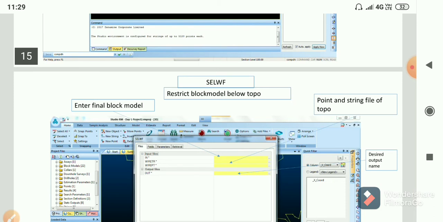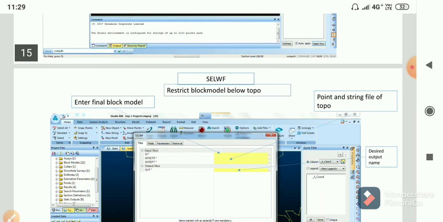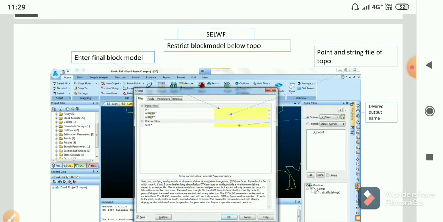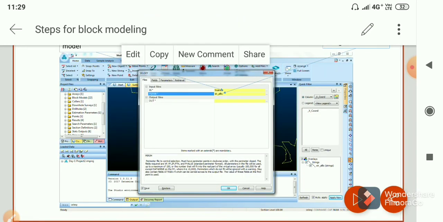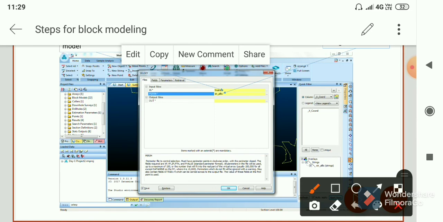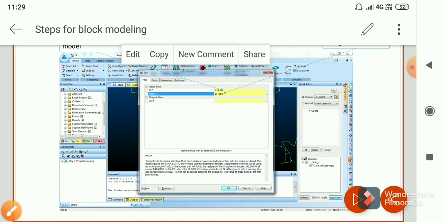After getting final model 2, it will be cut by the wireframe of topo TR. Above topo will be cut by the wireframe topo TR by the command cell wf. Cell wf will be typed in the command box. Then the window will open.